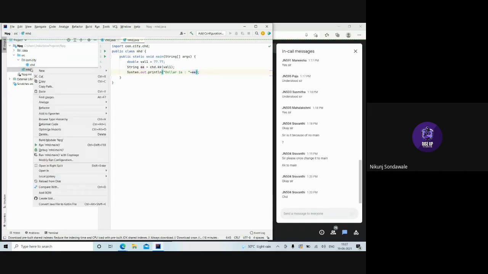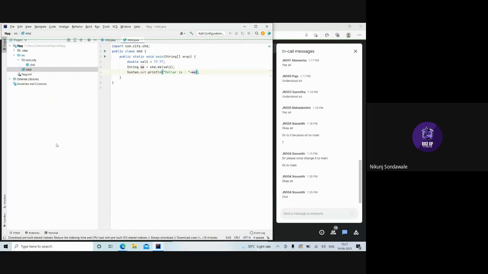Right click and run as main. Wait until it compiles. Come on, start compiling. Okay, now it is building, right? You can see at the bottom that blue line.